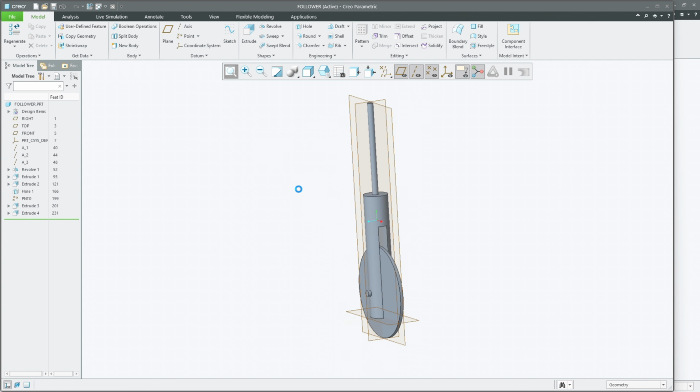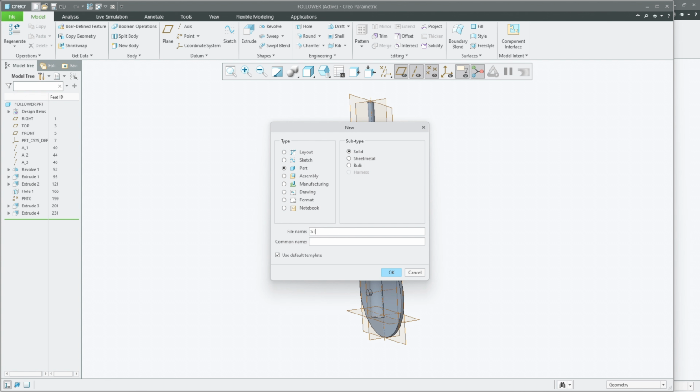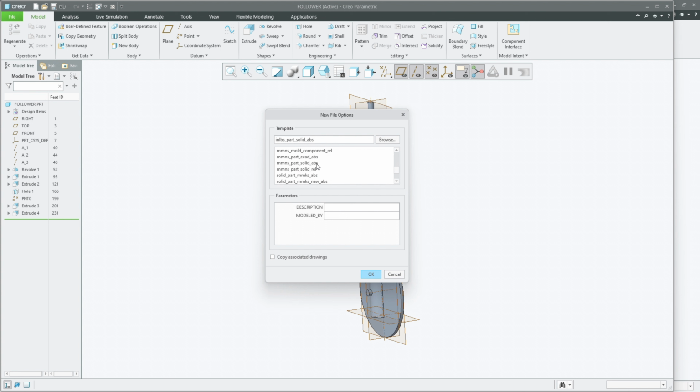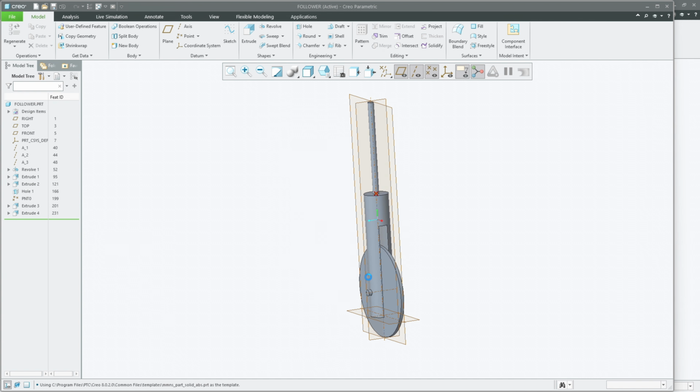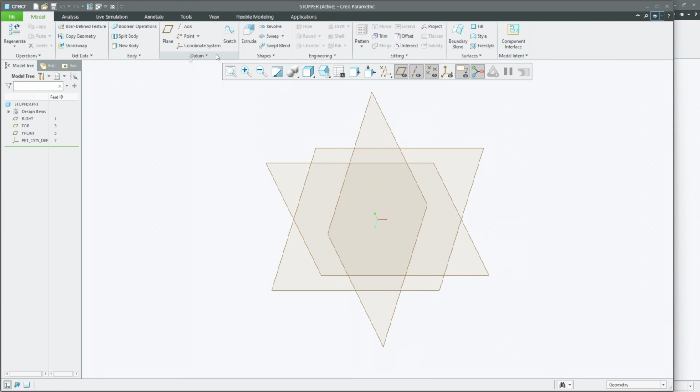So the next thing is I'm going to create a stopper part. So click on the new command, name it stopper, check the use default template, click OK, and I'm going to change it to MMNS part solid. MMNS part solid, absolute. Just click OK here. Now for this also I'm going to create the axis lines,